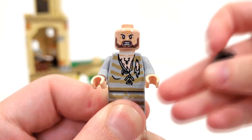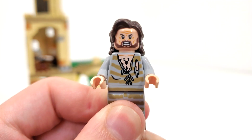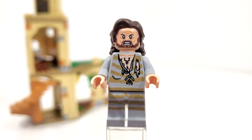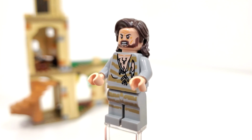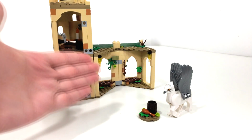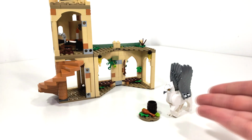And I really love this facial expression for Sirius, and I think it works very well, probably even better than the one that we got back in 2019. And speaking of 2019, you get the same hairpiece from that era as well. In addition to the final overall model of the Hogwarts Courtyard and Tower, we also happen to get Buckbeak and